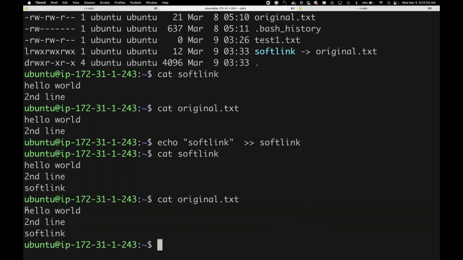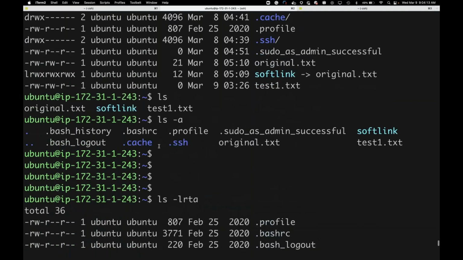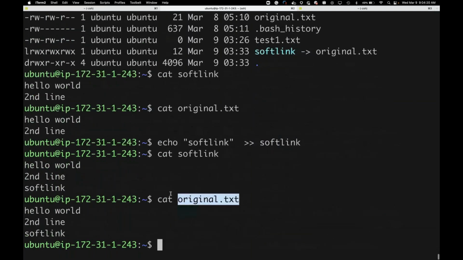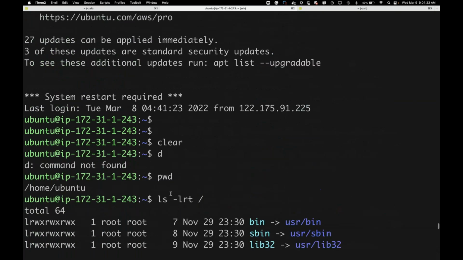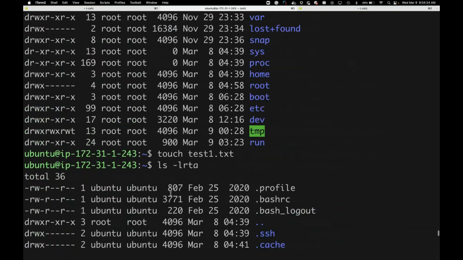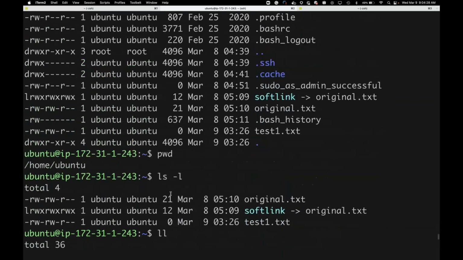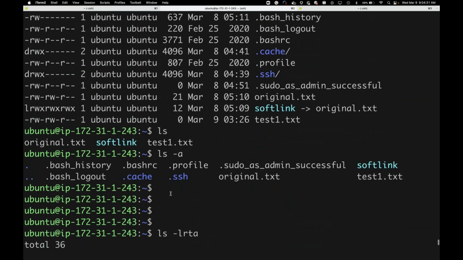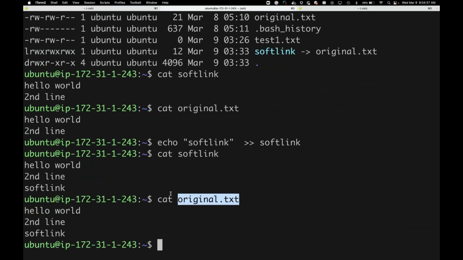And what if now I have deleted a soft link? What if I have deleted the original file? Even I have deleted a soft link earlier. I think earlier I've shown you, even I have removed a soft link. We have an original.txt file. So now